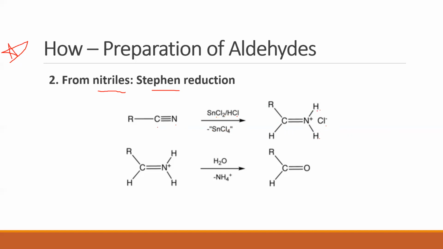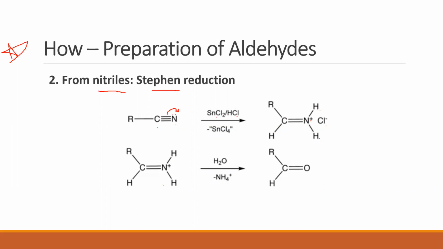Clear? Two hydrogens get added to nitrogen. Both the hydrogens will take away one of the bonds. Since nitrogen has lost its lone pair too, it will get a positive charge, and Cl minus will be there in the system. It will get attracted to this ion to form an ionic salt.